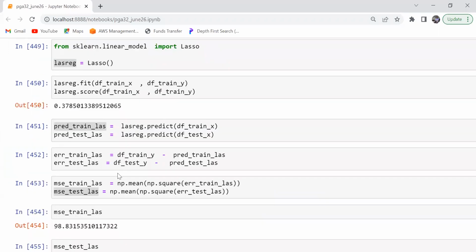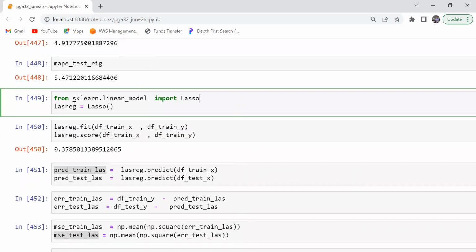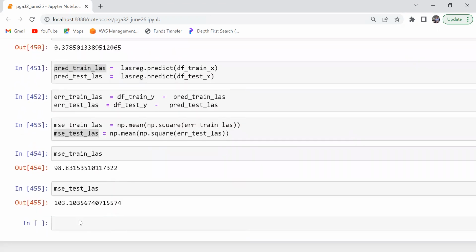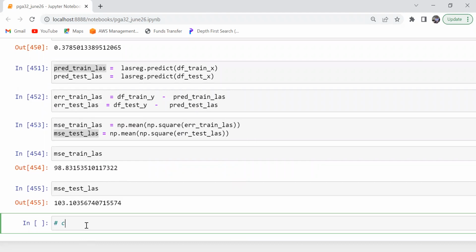Again, once again, अभी कोई कुछ नहीं करेगा. So all this code is very simple. If you want, I can put it on the chat also, no problem. I'm not doing anything, I'm just writing one line and then doing my fit and scoring and everything. ठीक है, code में कुछ भी नहीं रखा. There's nothing new. Now, let's compare the betas or the coefficients of the three different models.